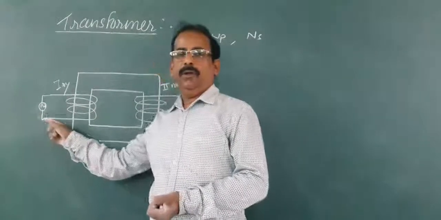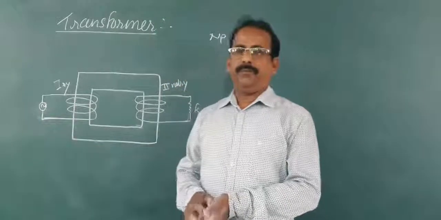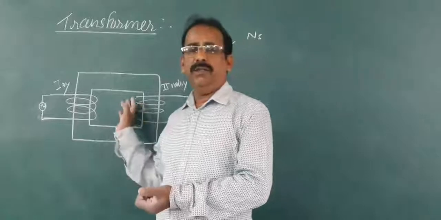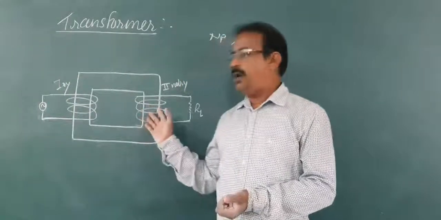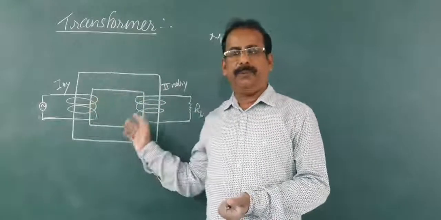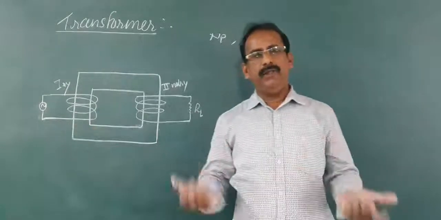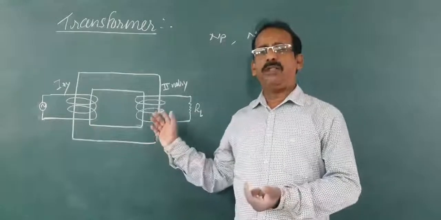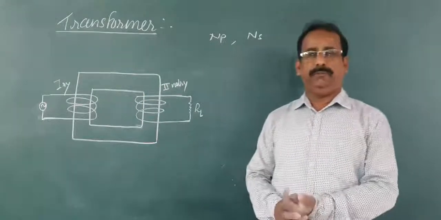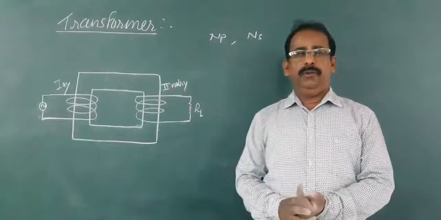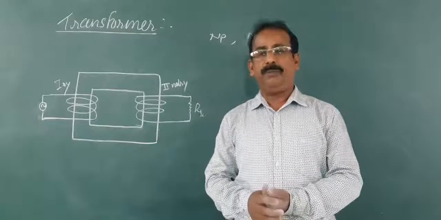Here, the current passing through the primary coil is changing with respect to time. The secondary coil is in the magnetic field produced by the first coil. As current is changing, the magnetic field also changes, meaning the flux passing through both the coils will change with respect to time.